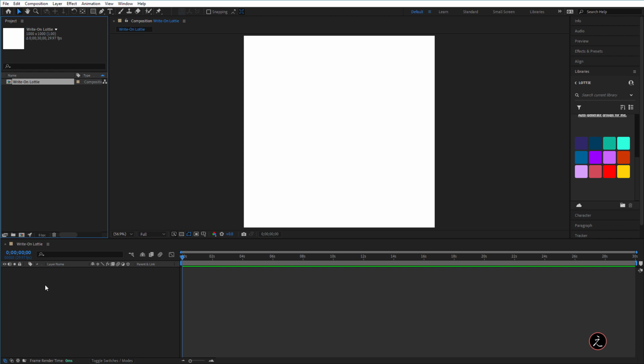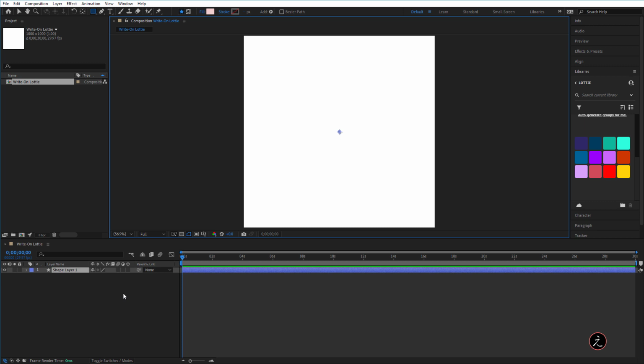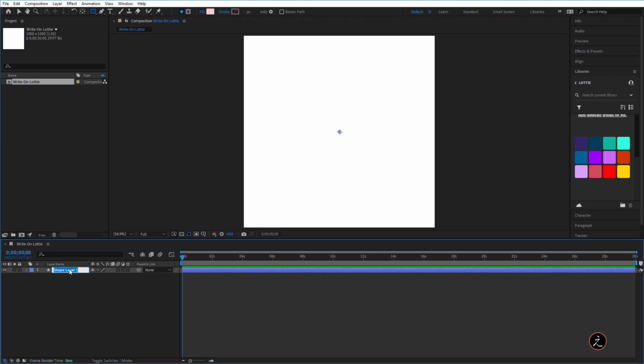So the plan is for the layer paths coming from Illustrator to be modified inside After Effects using the shape layer operations. So for that, I will right click to create a shape layer. Then I will press Enter Return and rename this to Wonderful like so.